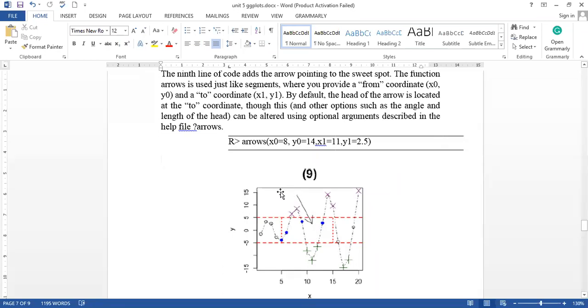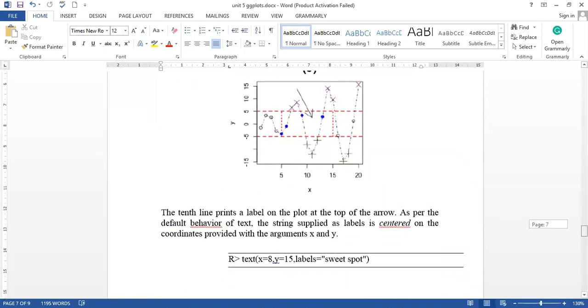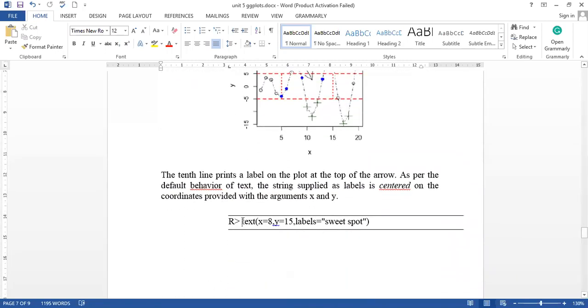Now we have to define a name for the arrow. To do that, we have taken the text function. The text function is used to define the text. Where you want to write the text, you have to give the coordinates. The coordinates are 8 comma 15 here. This is the starting position of the arrow.